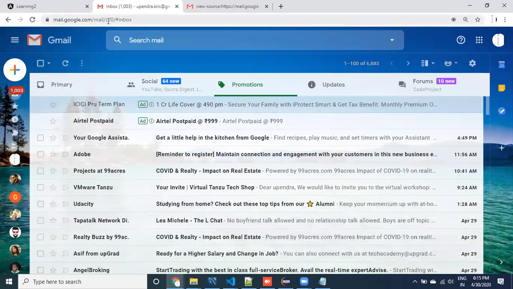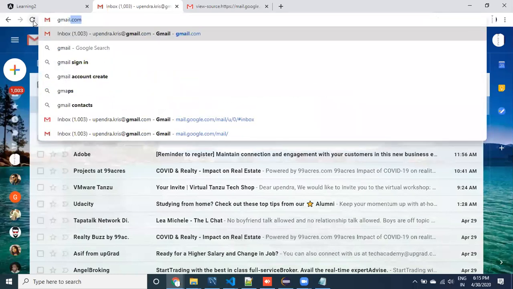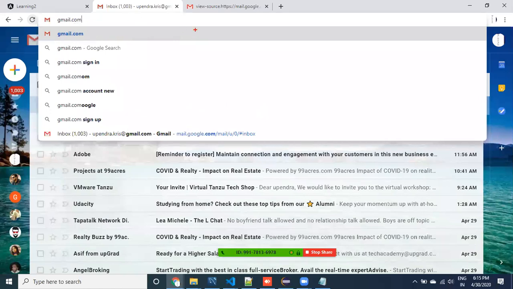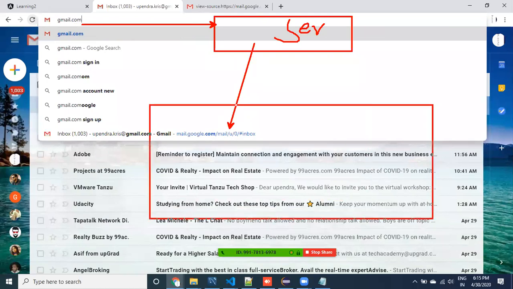Whenever I call the server, if I send any request from the browser, suppose I say gmail.com, this request goes to the server. The server is going to return some response for this particular web page.